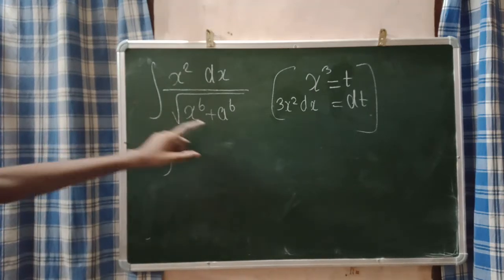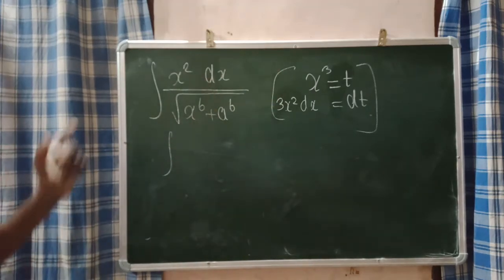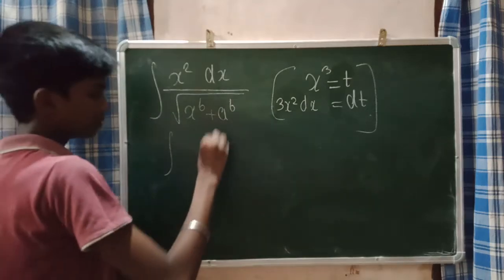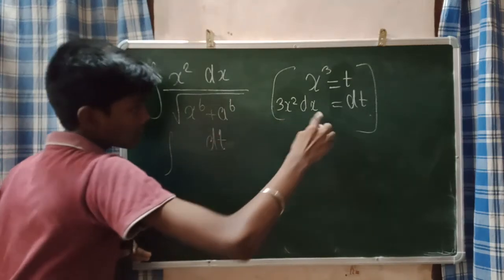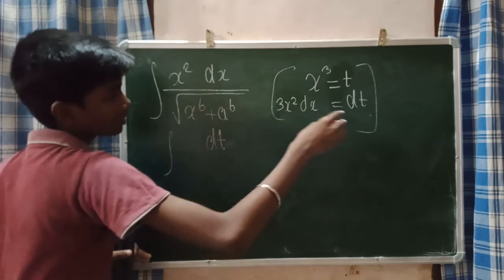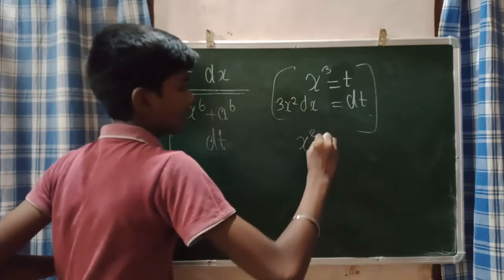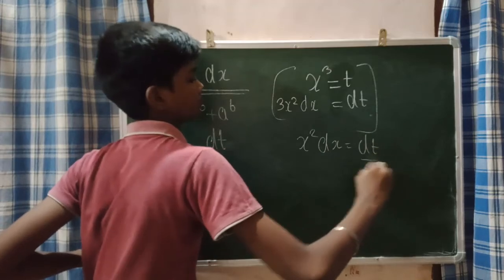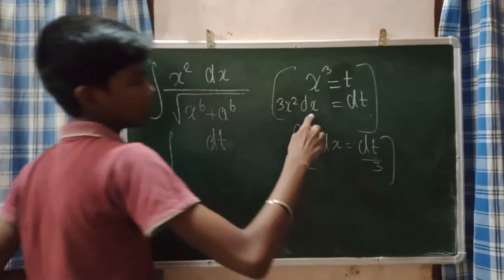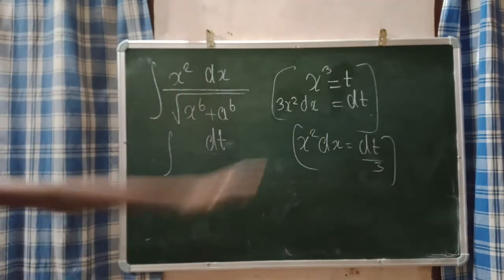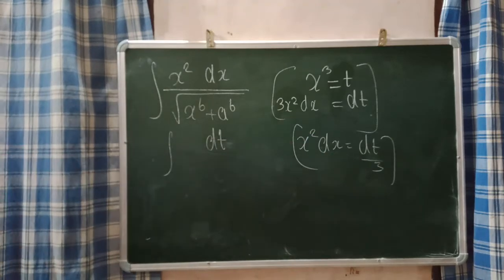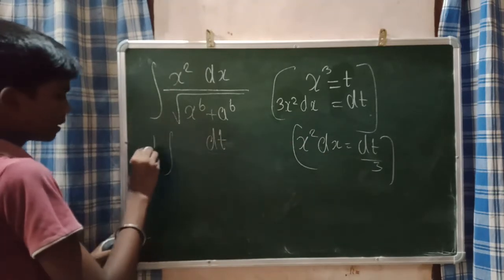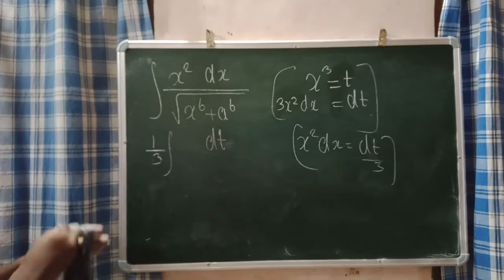If 3x square dx is dt, then x square dx will be dt by 3. I can take this 3 outside, then I will get 1 by 3 into integral of dt by